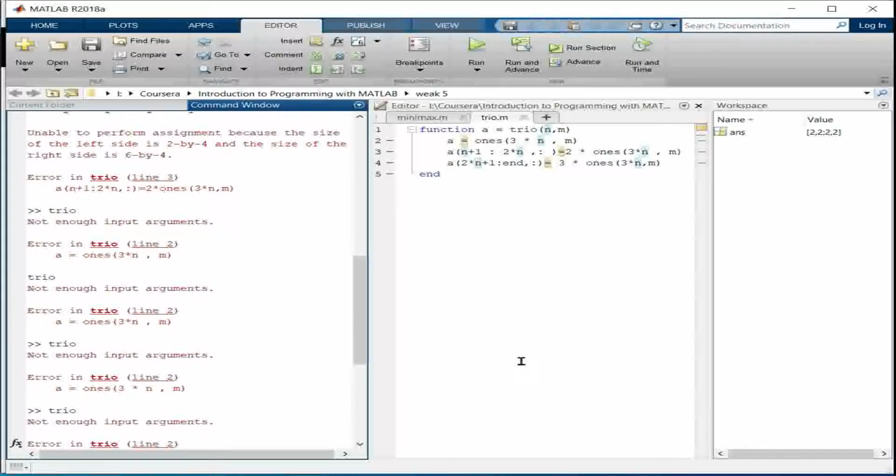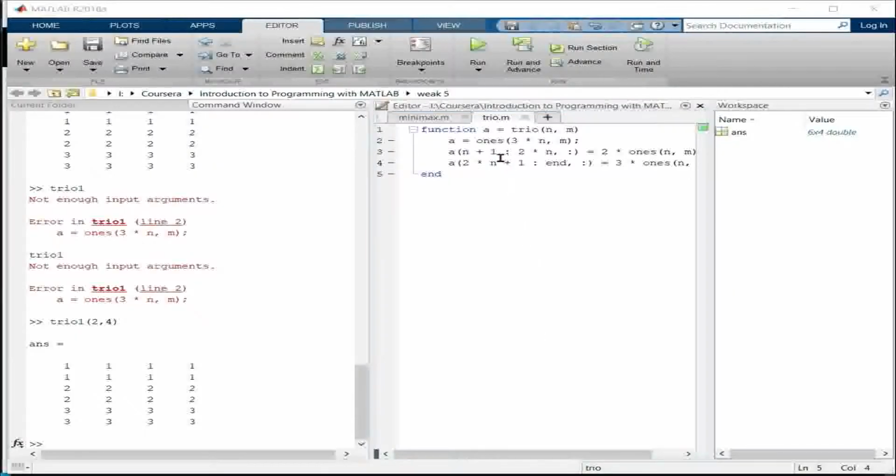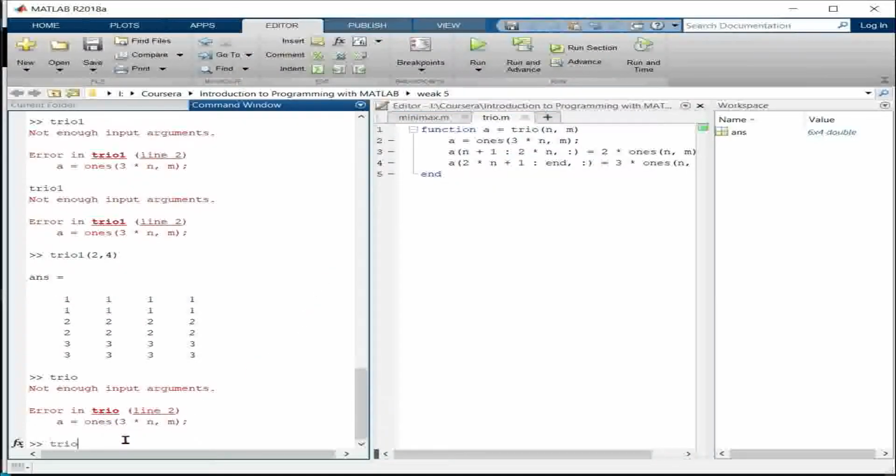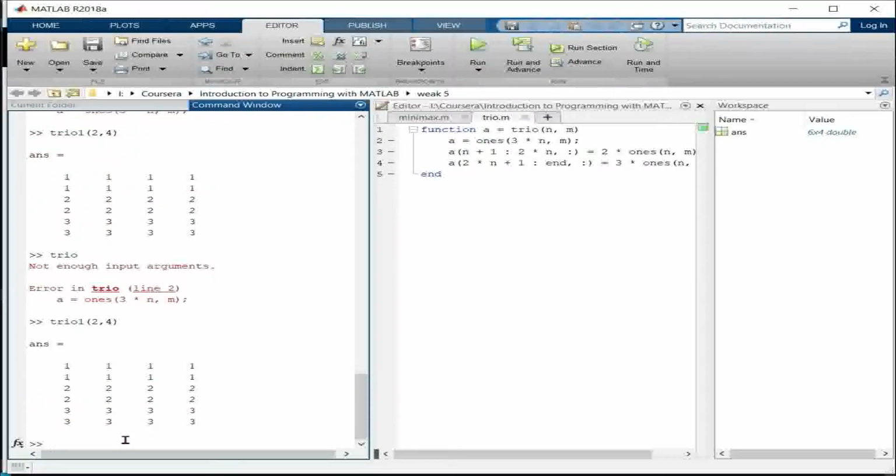Let me rectify it, and after that I'll proceed. I think now it's working fine. I had made some mistake here; when I separated it out one by one, I found the mistake and solved it. So let's run it again. As you can see, it's working fine.